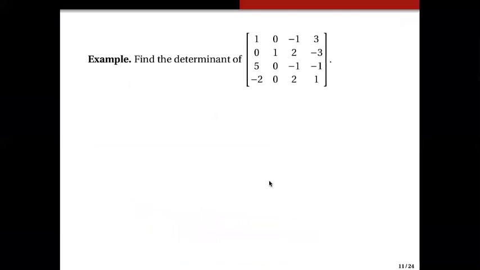Another example here, we have to find the determinant of this 4 by 4 matrix. And let us follow the tip that I gave. Let us use the column or the row with plenty of zeros. So in this, we use this second column. So we use this second column, okay? So the determinant, so let me label this as your A. So determinant of A,